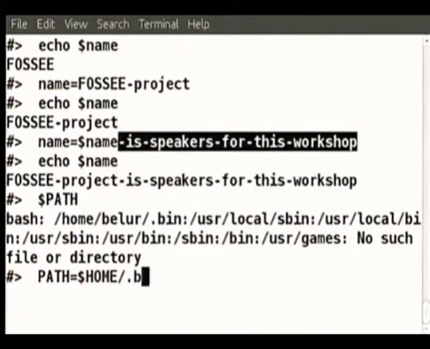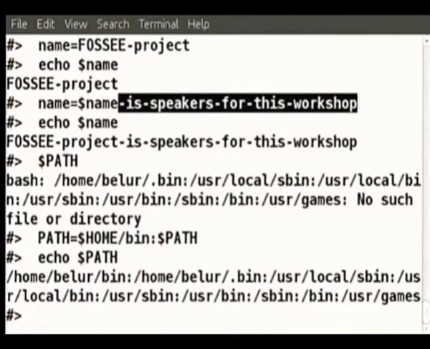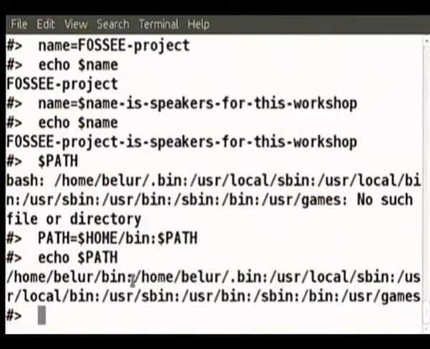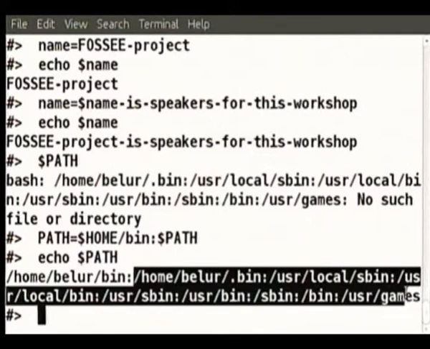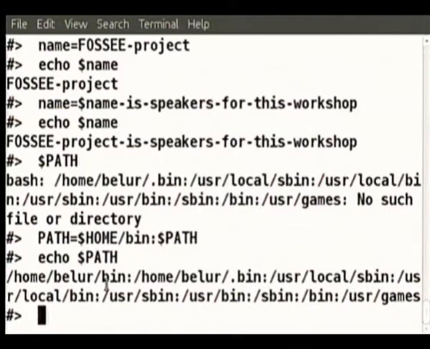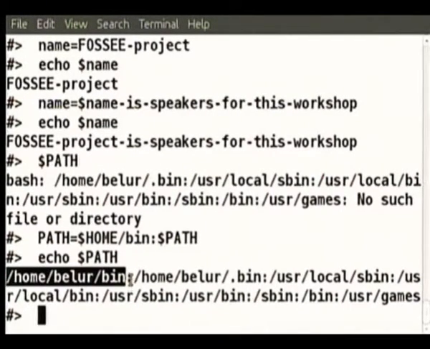dot bin. dot bin is already there, path. This will append. This is how we can easily append. From here onwards was already there. We had already seen in echo. What is it that we have added? We have added this much. To be precise, actually the colon also we have added now.